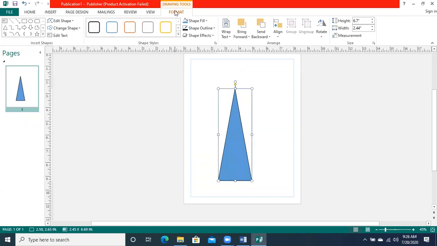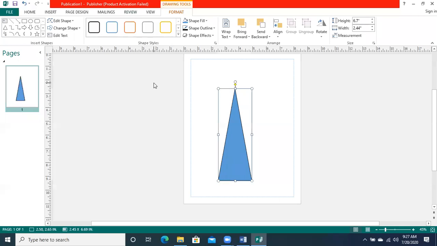You will see that the ribbon that appears is basically Drawing Tools. This was not there when we did not have the triangle, but when we draw the triangle, you can see that this ribbon appears.